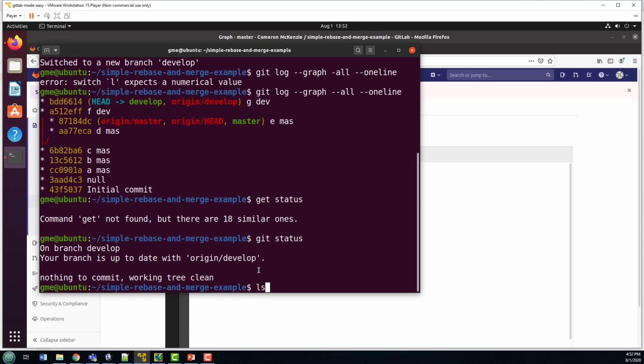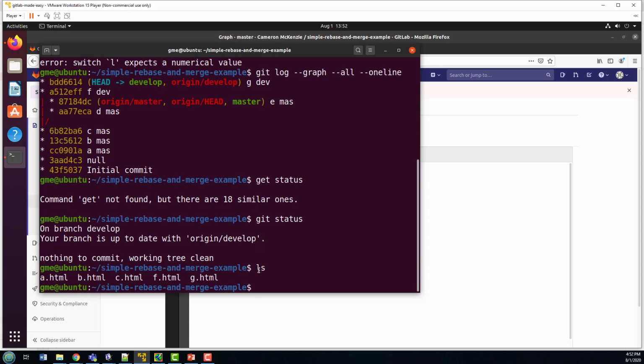And I'm on the develop branch, and I want you to see that I've got 1, 2, 3, 4, 5 files here, A, B, C, F, G, but I'm missing D and E. And D and E are part of the master branch. And so if I issue this git rebase command,